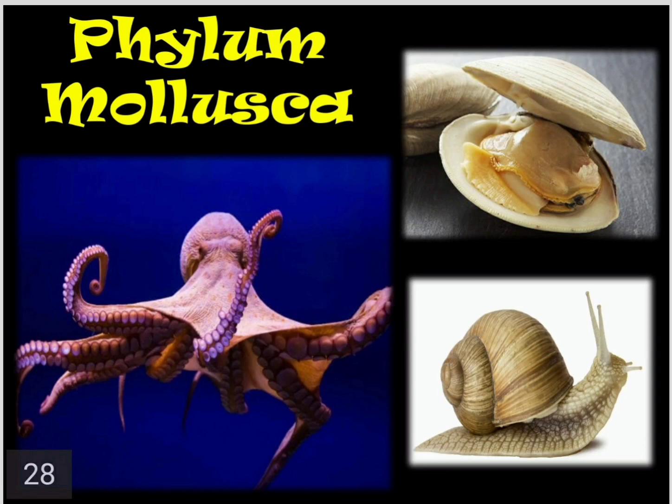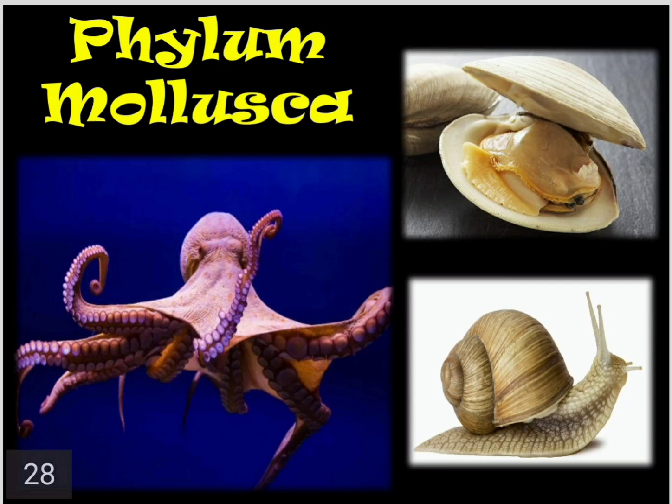If you look at the pictures which I have put over here, the very first one, the pink animal over there, is an octopus. Then on the top you see that shell structure, that is called a bivalve. Many of you who love fish must have eaten this. It's also called Tisrio, I guess, something like that. So in English it's called a bivalve. And at the bottom you have a snail. These are the three examples given in your textbook.